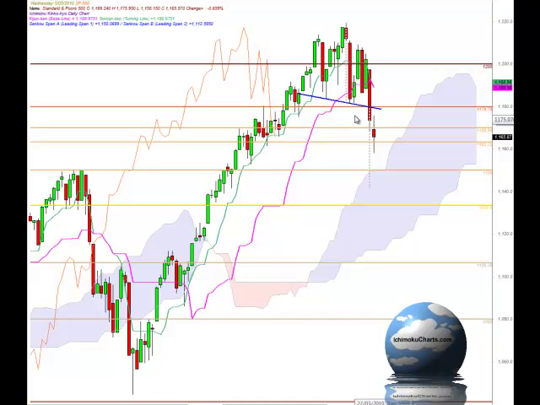Now once we have that breakout, we can actually project a target down below where the market broke out from, and we measure the distance from the top of the head down to the neckline and project that from the position where the market broke out from the neckline, and that gives us a target of roughly around 1140. So if the market is going to continue selling off, then the market will sell off potentially another 25 points